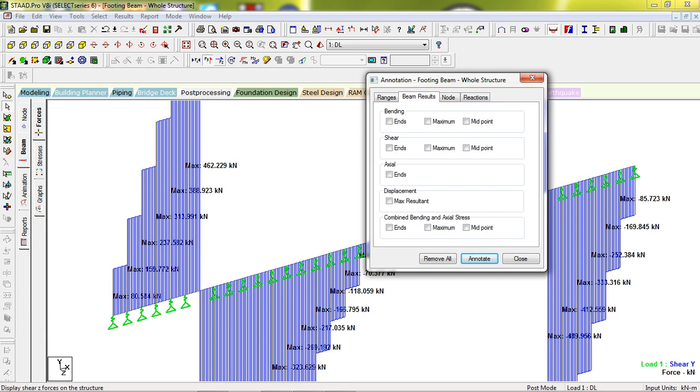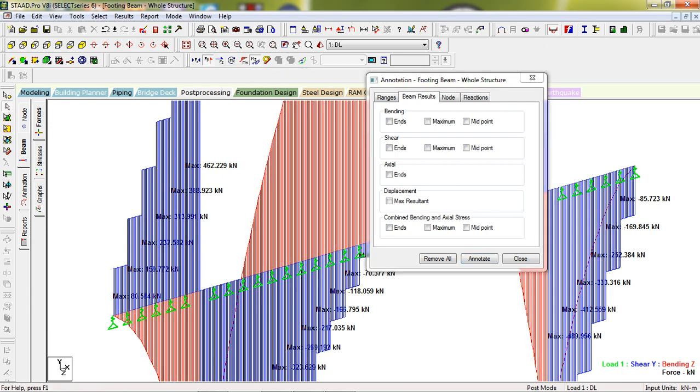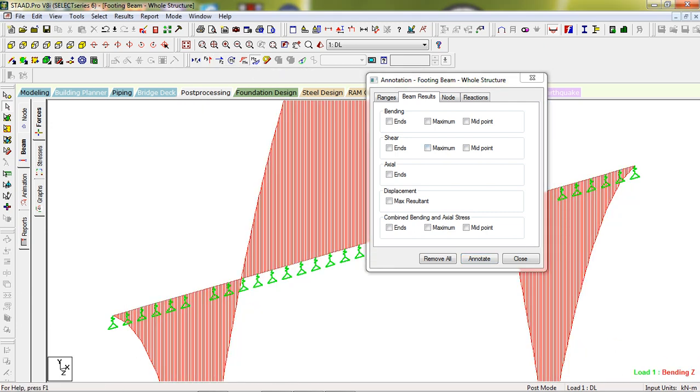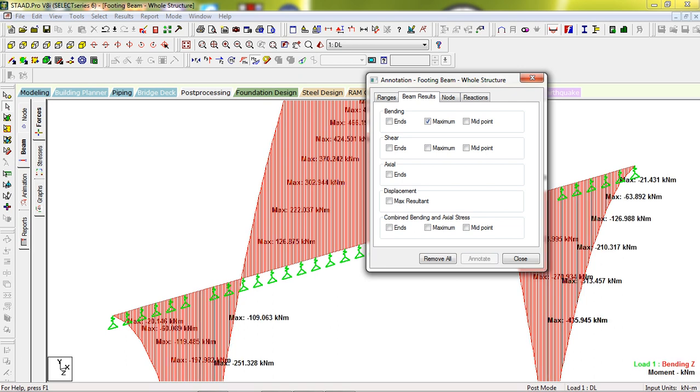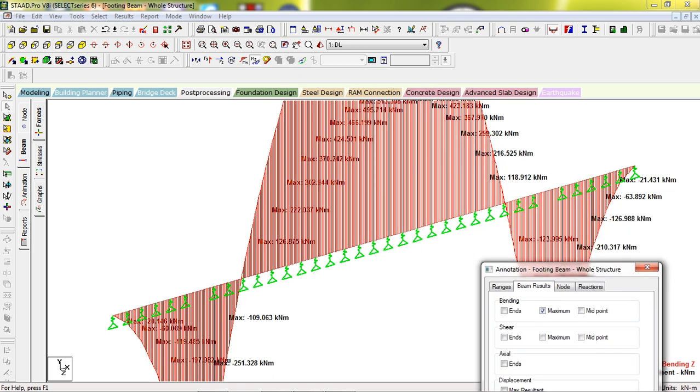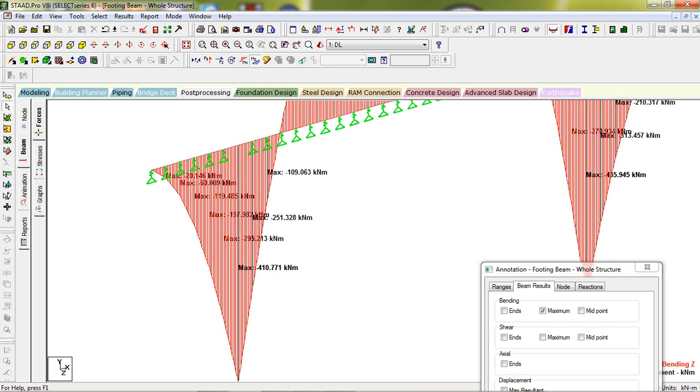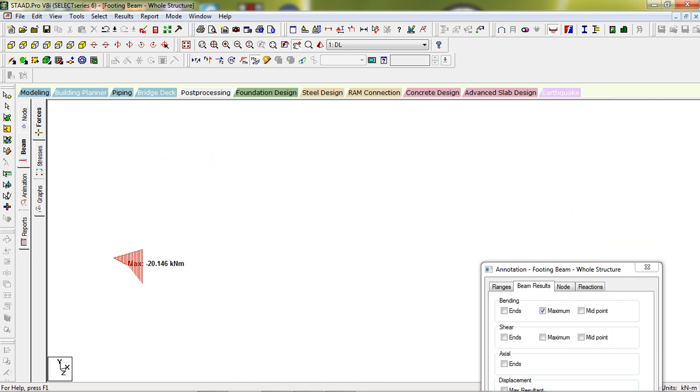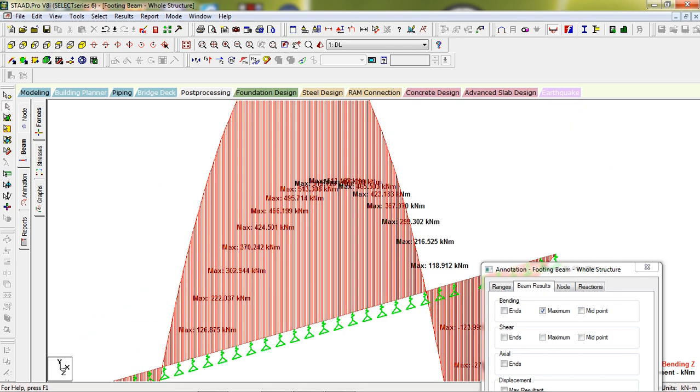Now let's go to bending moment Mz. Bending maximum annotate. So here is the bending moment value being shown.